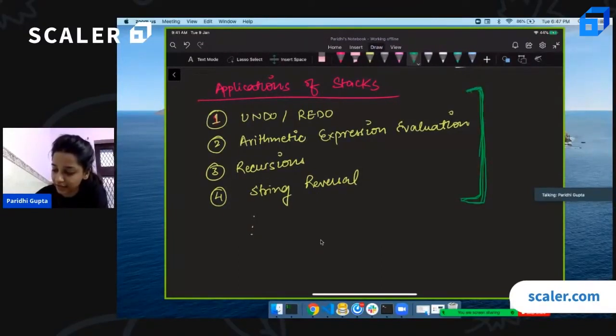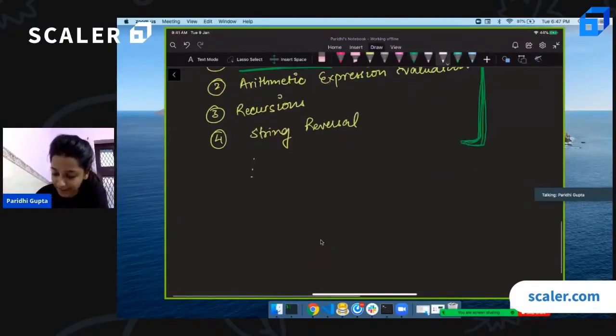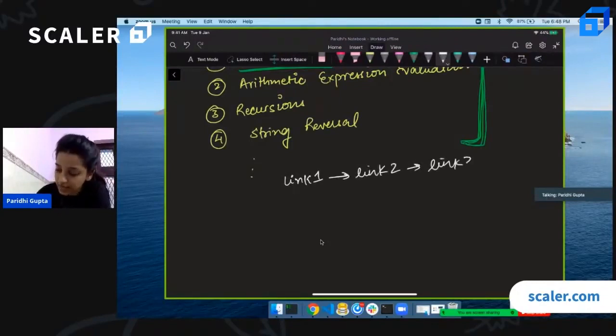That's an activity for you, that do try to search how we can perform an undo, redo. So this is actually present in your browser, right? So whenever you go from any page to another page and want to come back, basically you store them. Let me give you an example. So you are at link, let's say 1, then you go to link 2, then you go to link 3, and you want to come back to link 2.